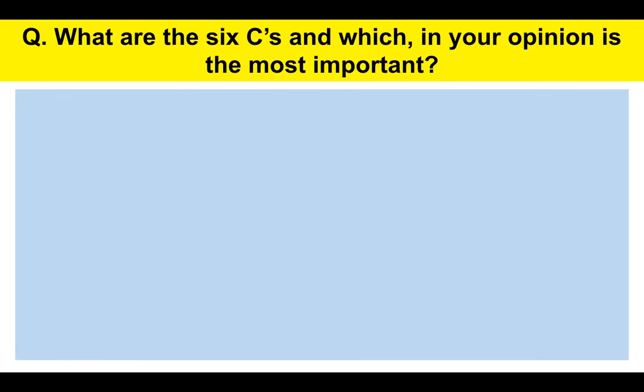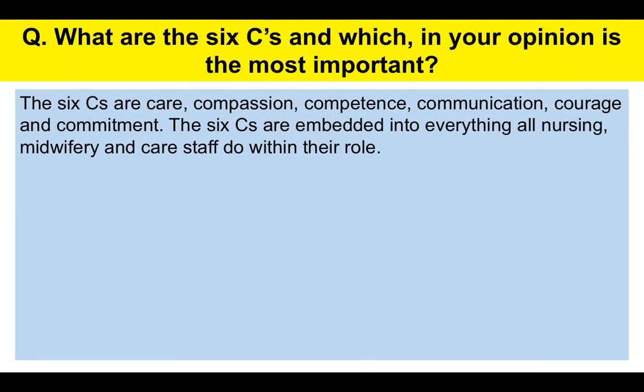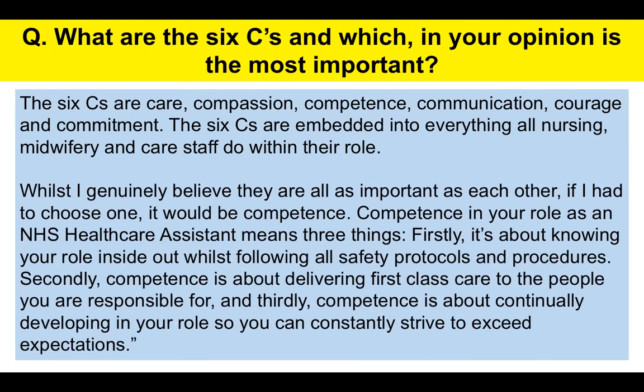For the interview question, what are the 6 C's and which, in your opinion, is the most important? The 6 C's are care, compassion, competence, communication, courage and commitment. The 6 C's are embedded into everything all nursing, midwifery and care staff do within their role. Now, whilst I genuinely believe they are all as important as each other, if I had to choose one, it